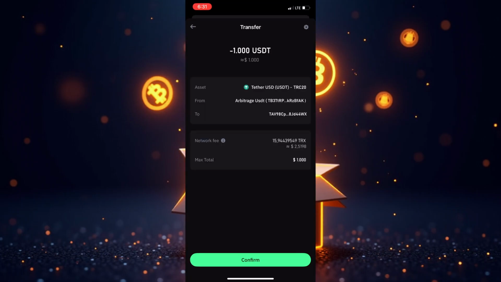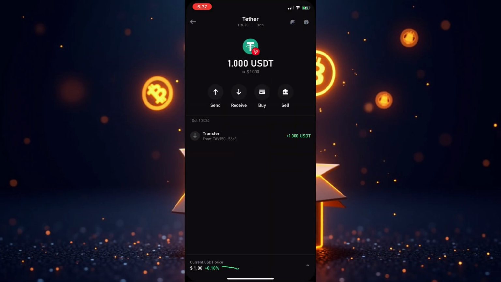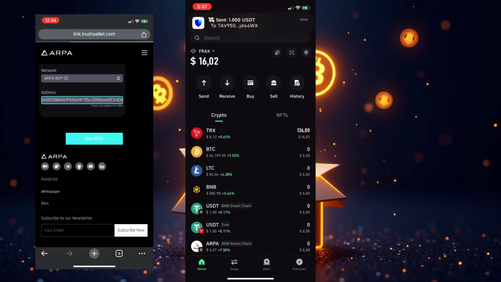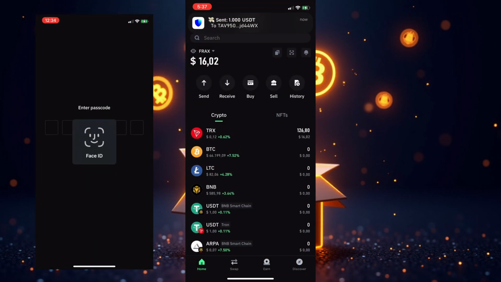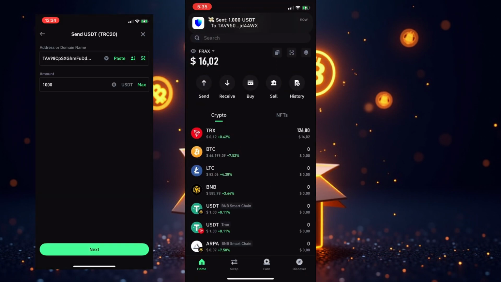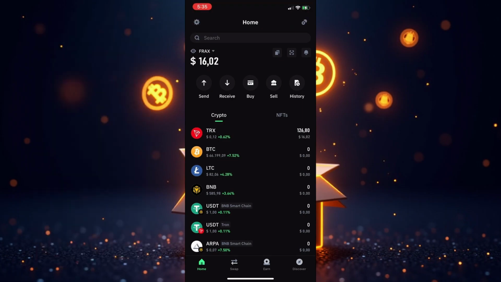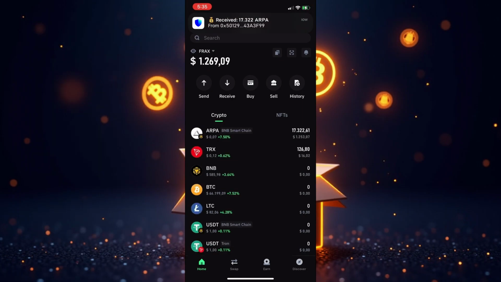I confirm, and while I wait for my ARPA to arrive, I'll share a more efficient way that avoids withdrawing crypto from my trusted exchange to Trust. When the ARPA page redirects you to Trust, copy the sending address and you can send it from any exchange. This way, you save on transaction fees. I'll be making a video about this soon, as I previously recorded this process when I tried doing everything from Binance. And as here, I've received